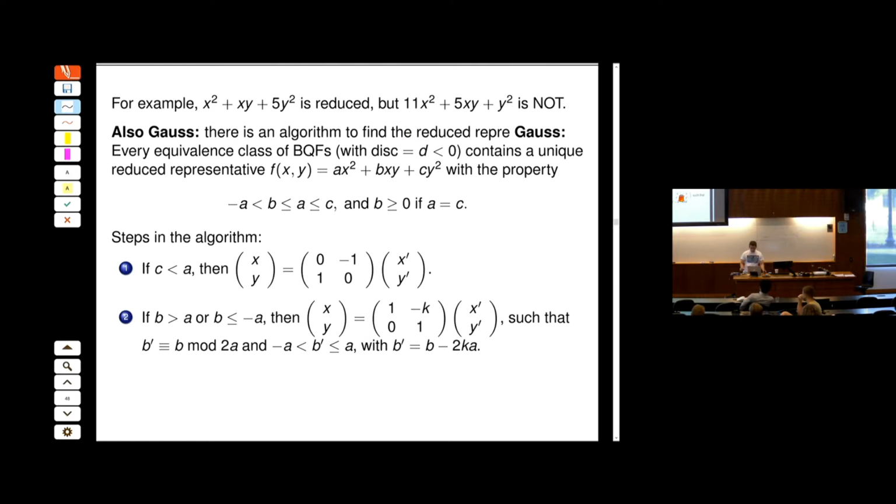B prime is going to be the least residue between minus A and A of B modulo 2A, and then you take k such that B prime is equal to B minus 2kA. We will do an example of that in a moment. And if C is equal to A, but minus A is less than B, then you flip again and switch